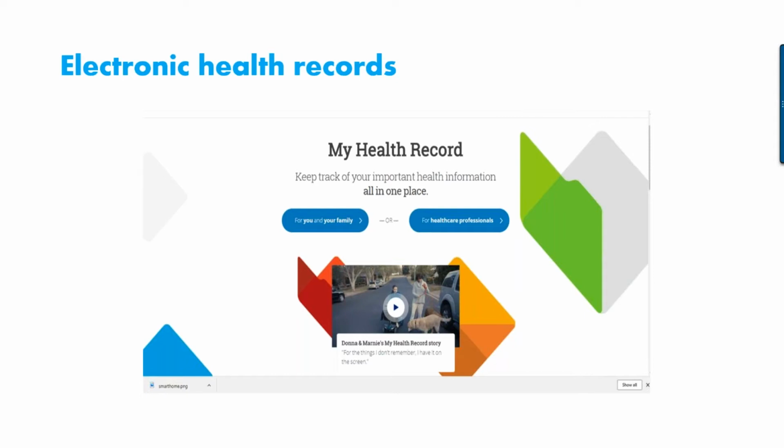So to begin with, we have electronic health records and My Health Record, which is an initiative that the Australian Digital Health Agency is currently trying to roll out successfully and to get enough people signed up. They've had a few problems in getting people to sign up to My Health Record. And very soon, in fact from next month, there's going to be an opt-out process. So no longer is it going to be an opt-in process.